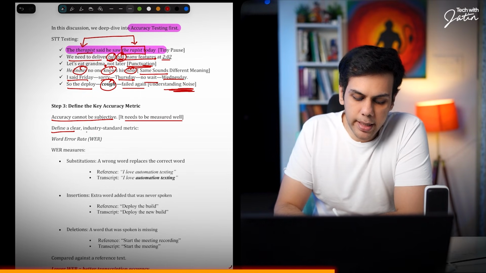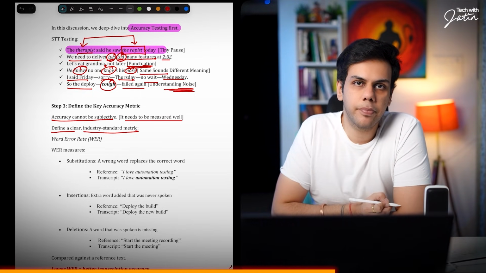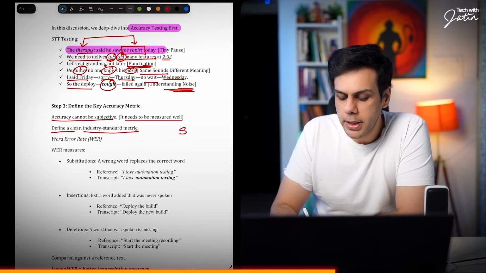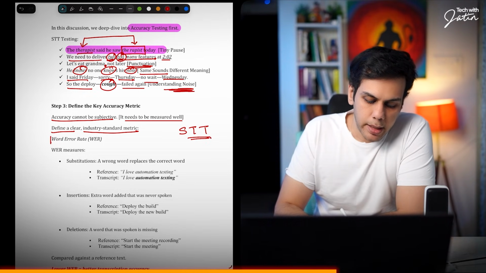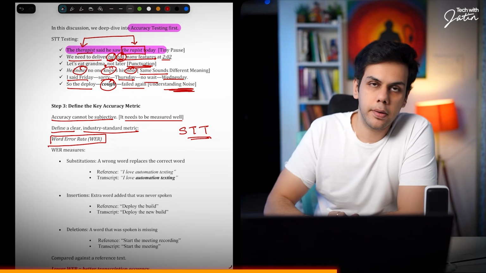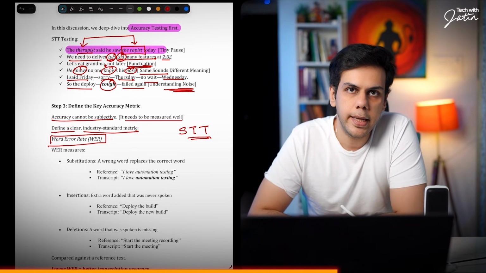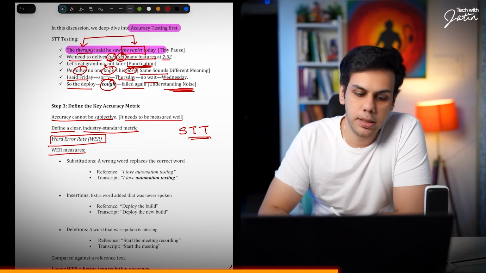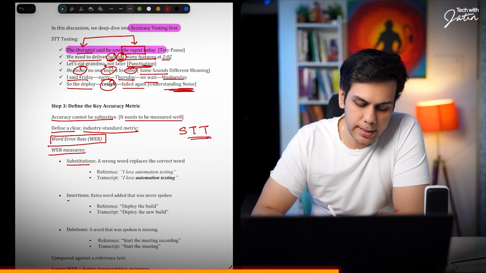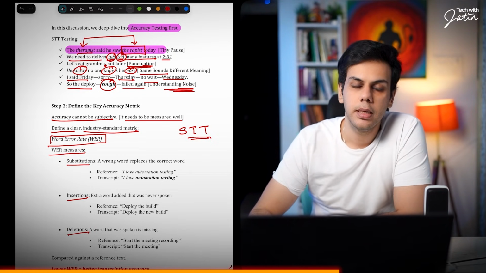Define a clear industry standard metric. And for your speech to text conversion, the metric is going to be word error rate. So this WER measures substitution, insertion and deletion.